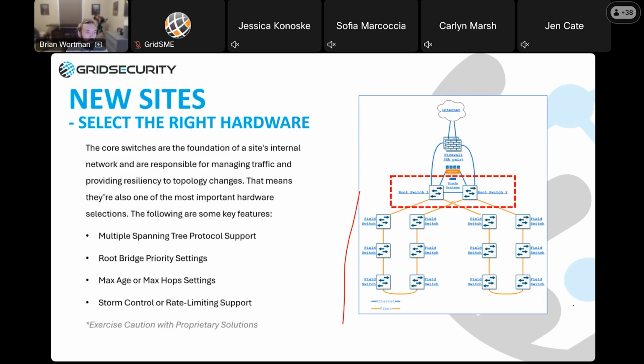And this gets back to your question earlier. I apologize, I didn't catch who asked it, but storm control or rate limiting support. At the end of the day, broadcast storms can't actually be 100% prevented. There's always a chance something causes one, whether it's a loop or bad equipment. But if your switch supports storm control or rate limiting, you can limit that impact. These features essentially allow you to limit the number of broadcast packets that are transmitted and keep them from consuming all of it. We'll go into those in more detail in just a second here.